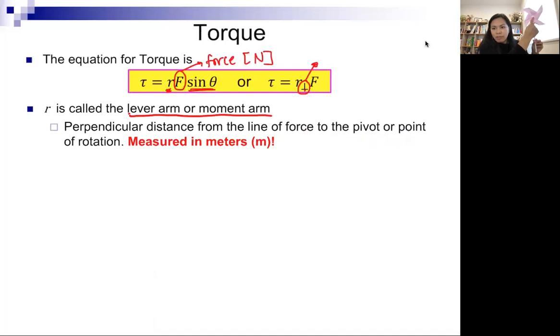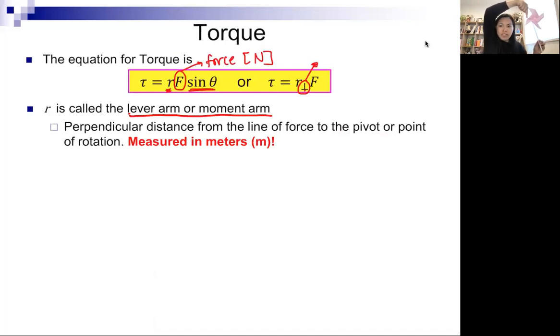The moment arm, or lever arm R, is measured perpendicularly from the force to the pivot point. And that's why the point at which you apply the force on the object matters, because if you apply the force